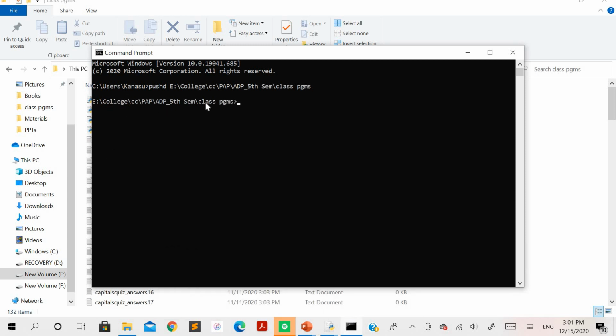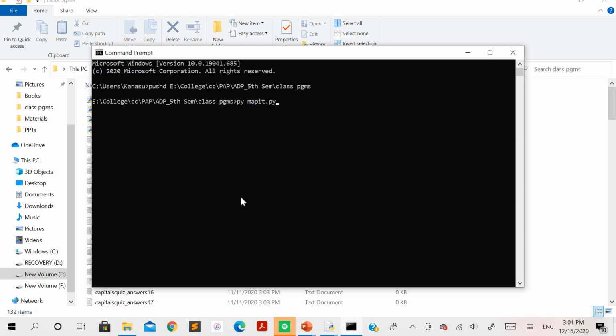Now you can see the path is pointing to exactly the same folder where we have saved all the Python programs here. So once we have done this, the command that is required for executing the Python program is py, followed by the name of the file here. So the name of the file here is mapit.py.